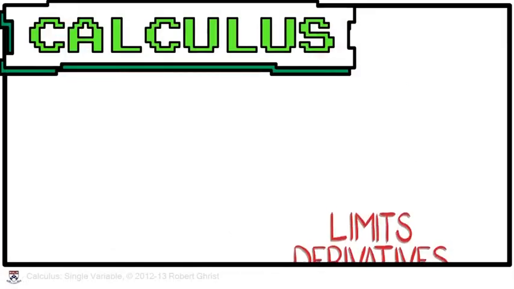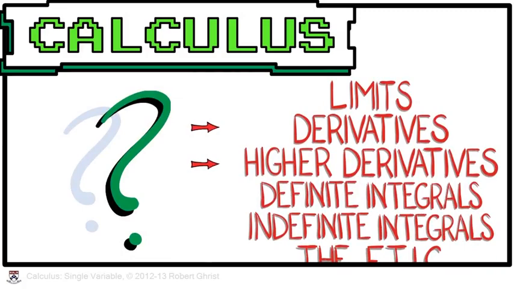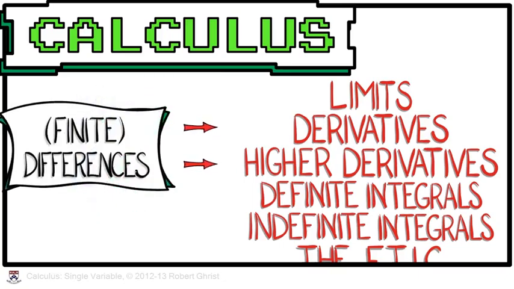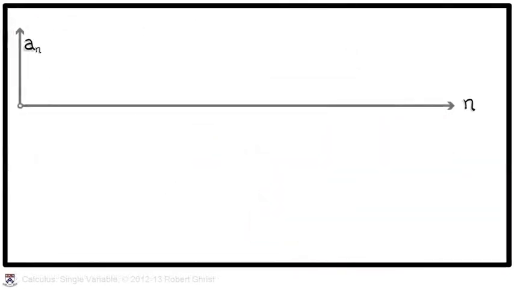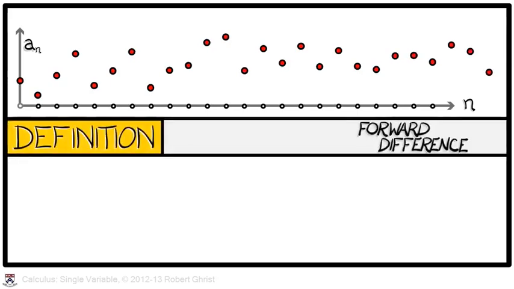Recall that our goal is to build a discrete calculus based on sequences. In this lesson, we'll consider what we mean by derivatives. This will come in the form of differences or finite differences. The definition is as follows. Let's say that you have a sequence a sub n. We say that the forward difference of a, delta a, at n is equal to a sub n plus 1 minus a sub n. That is, you look at the person in front of you and subtract off your present